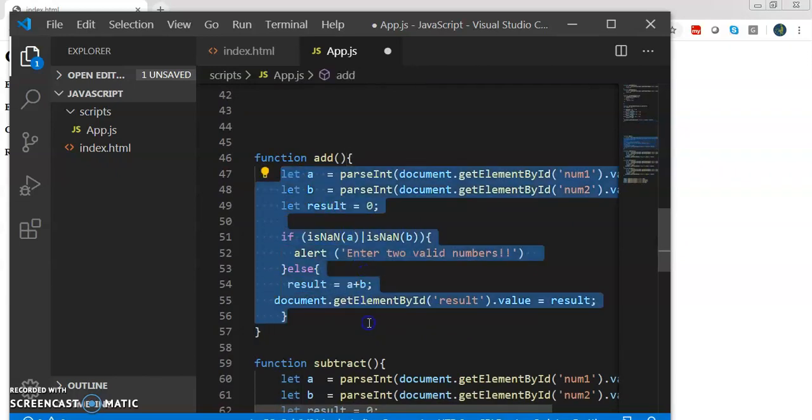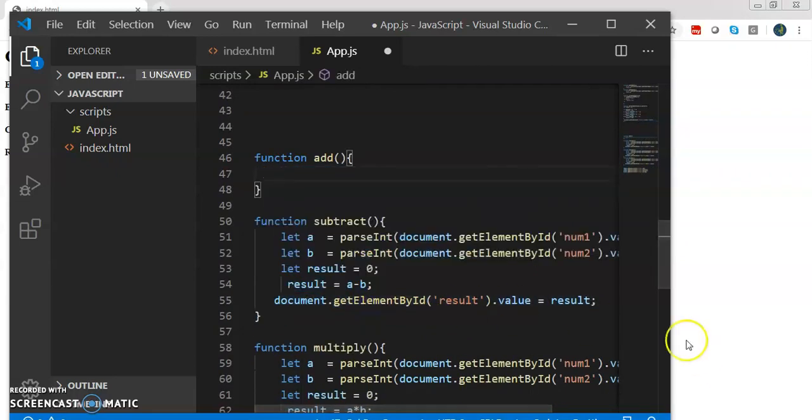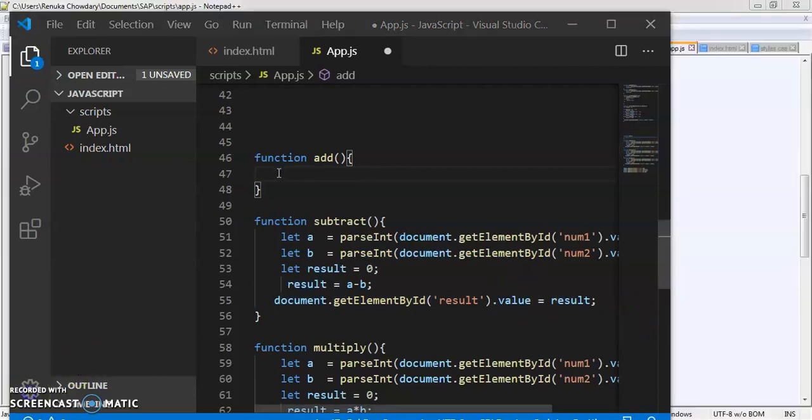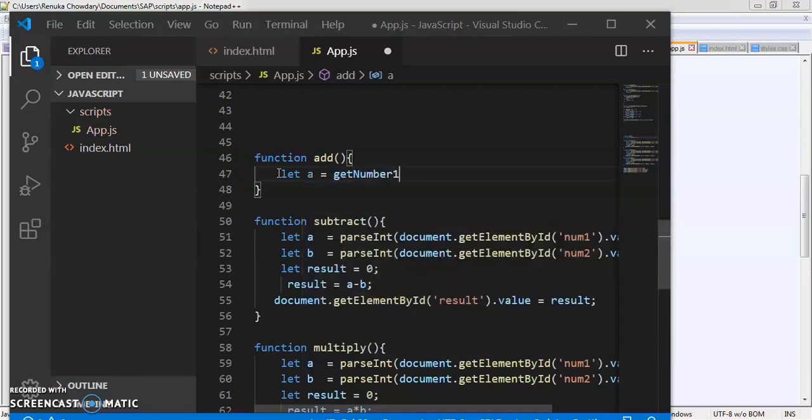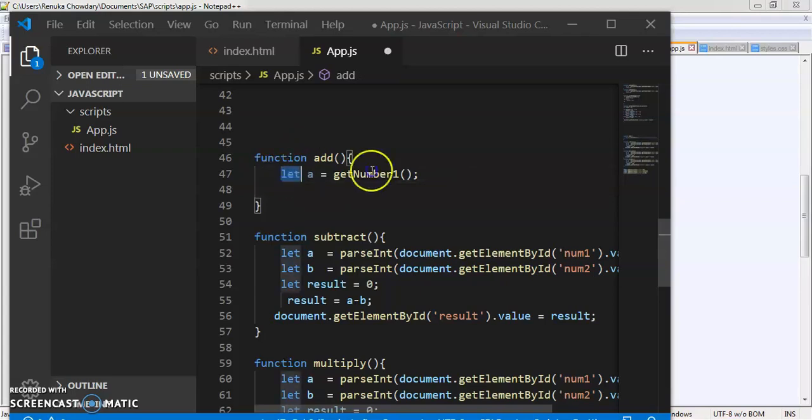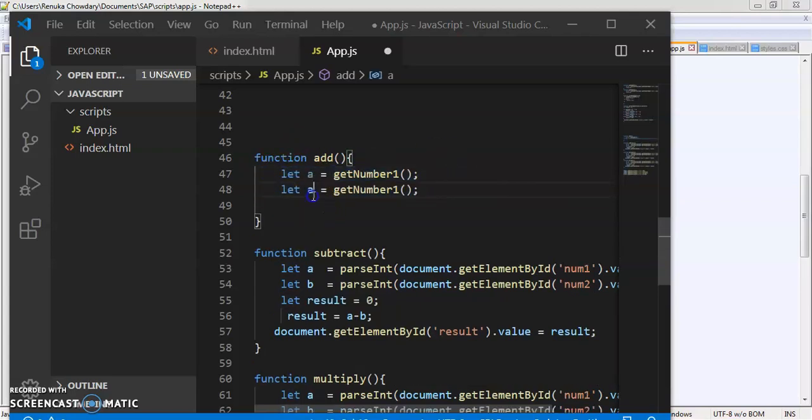Now we change the add function. First get the two inputs. For this we call the getNumber1 function. Read the second input by calling the getNumber2 function.